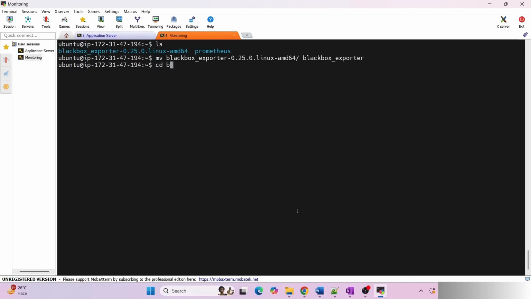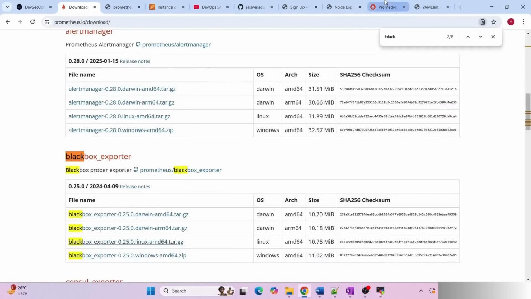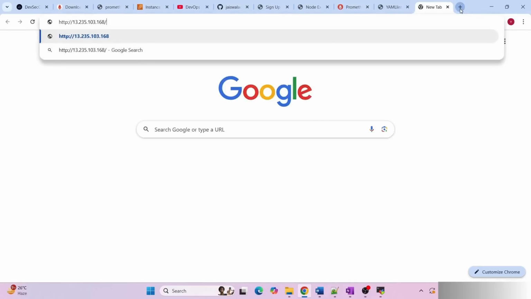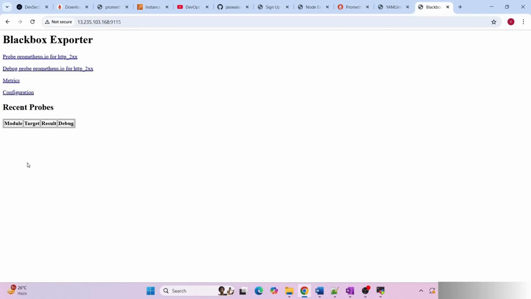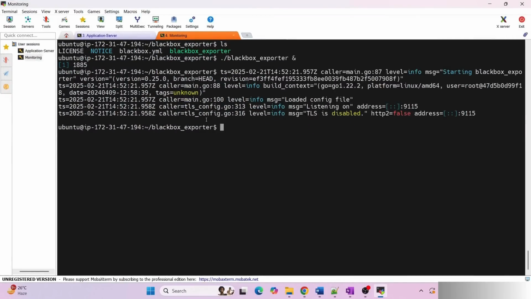Now we can go inside it. Here you can see there is an executable file, right? So I can run this, and I'm going to run it in the background by using an ampersand. Click enter, and it's running on port 9115. Let us access it. Yeah, it is also running. As of now there is no probe sent. Coming back to Prometheus,